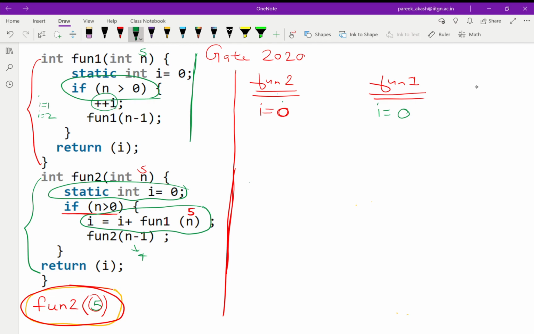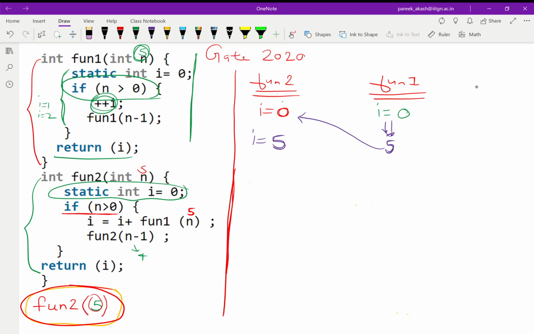And so on. What will happen is that this part is giving me whatever the value I am giving. Suppose I am giving 5, so it will give me 5, because it will increment 5 times, from 0 to 5, and it will return. So after the first iteration, it will give me 5, and I will return this 5 to function 2. So in function 2, when function 2 is called with value 5 on function 1, it will get 5. So I is initially 0 and now 5, so I will become 5.